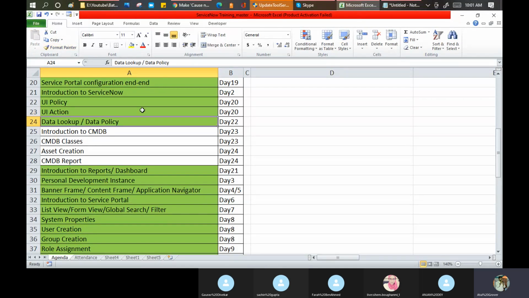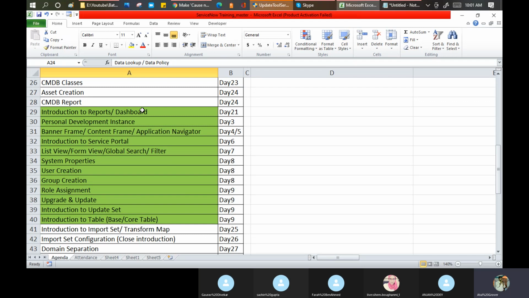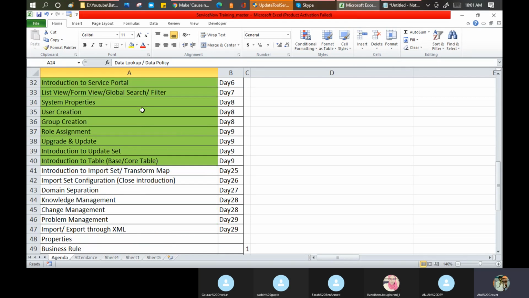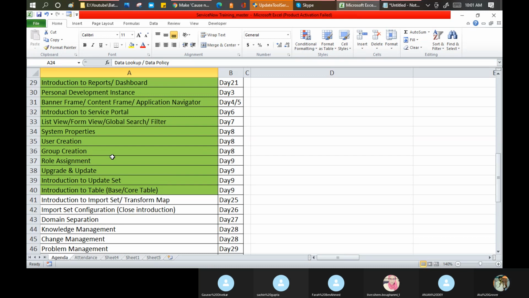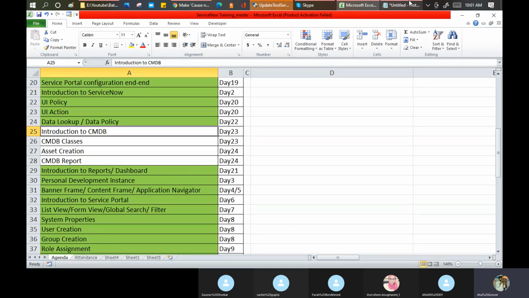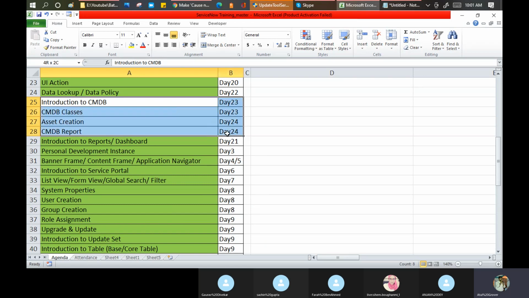So with this, we have completed one more topic, the data lookup and the UI policies. Now for the weekend, I want to give some work to you. Maybe next weekend also I will give you this work. It's already 10 o'clock, so I cannot start this topic because it takes a good amount of time. It will go for 2 days. We will take this up on this particular topic later. Let me stop the recording here.